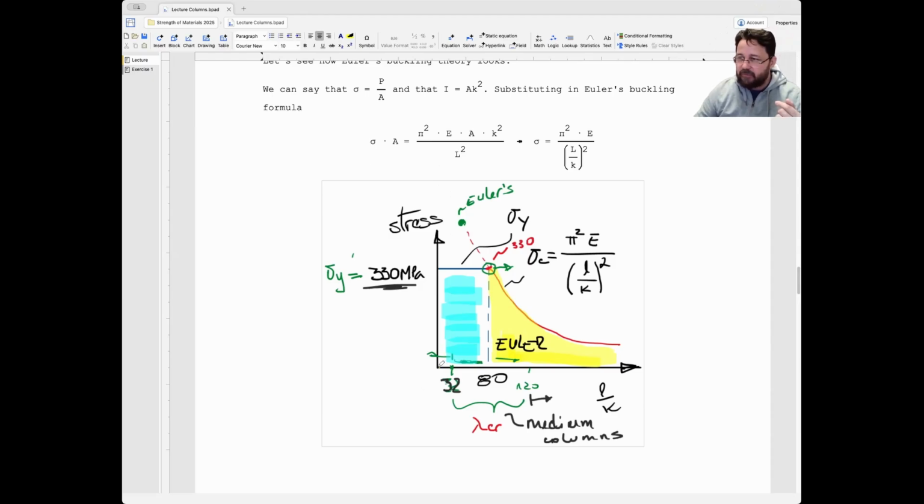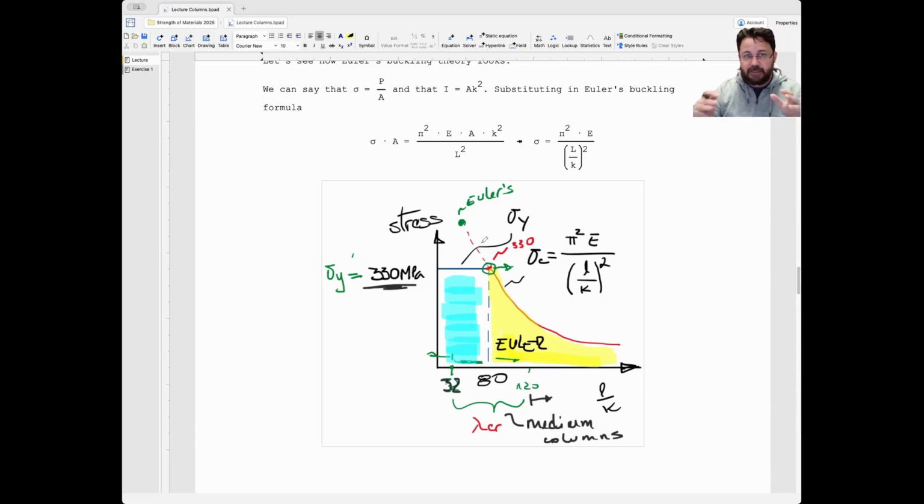So which means if you have a column with a very small slenderness, would it mean that it can withstand millions of kilonewtons? No, it's not like that. So there was a flaw in Euler's consideration. Well, not a flaw, there was a limitation on which type of columns Euler applies to. Because if I have a material with a strength of 330 megapascals and I plot it here, whenever it cuts here, I say, well, columns with slenderness values that fall into this region are going to fail not by what Euler says, but by